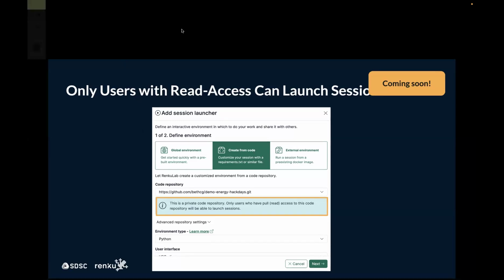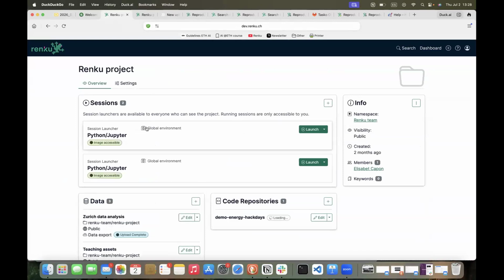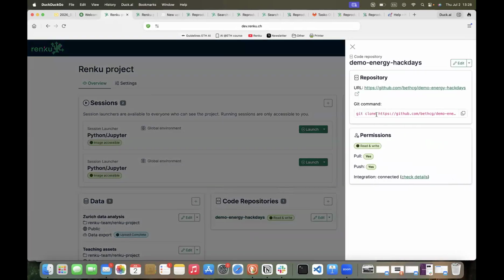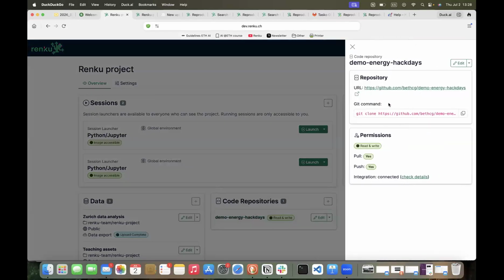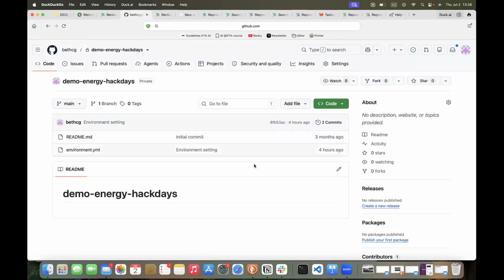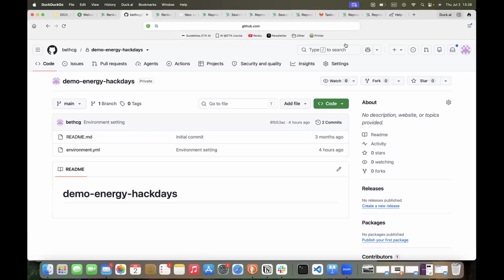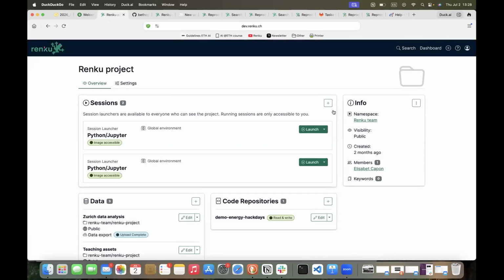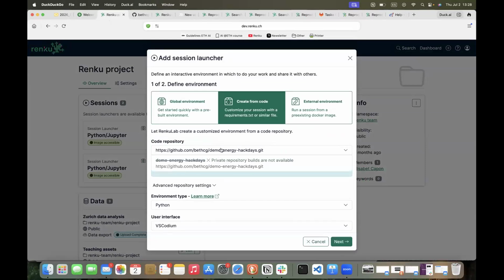Again, this is coming really soon. We have it already in dev. I have an example here. As you see, this is a private code repository. I have write access, but if we go to my GitHub account, you will see that it is a private code repository. Yes, it's stated there that it's private, but when I go here, I can select it. So you see, I can do the selection,